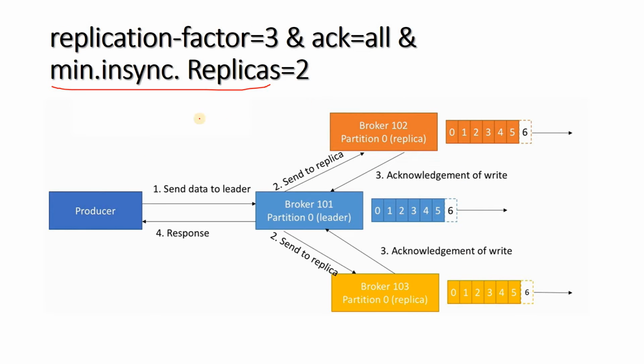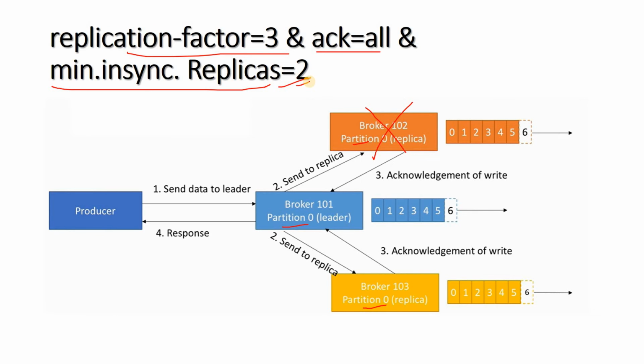Okay, so in this context, earlier we have seen, if we are keeping replication factor 3 and ACK equal to all, then if any single broker goes down among the 3 brokers where our partitions are available, then the producer will not be able to publish the message. But suppose we are configuring min in sync replica as 2 at the topic level, then what will happen? Ideally it will replicate the data in 3 brokers, in 3 places where our partition 0 is available for the same topic. But suppose one broker is down, okay, then earlier the message itself we were not able to publish,